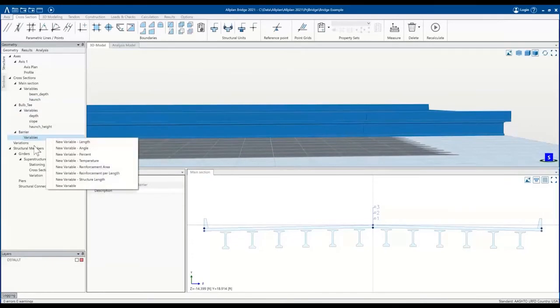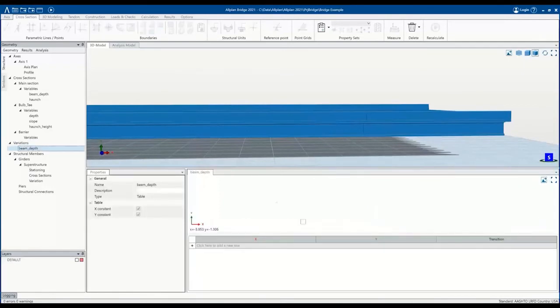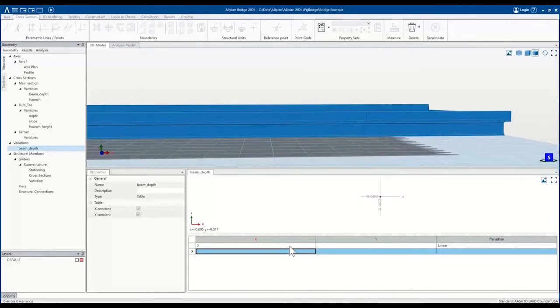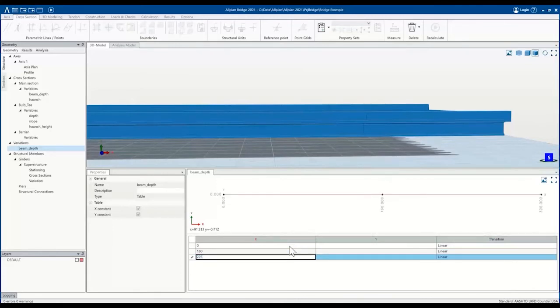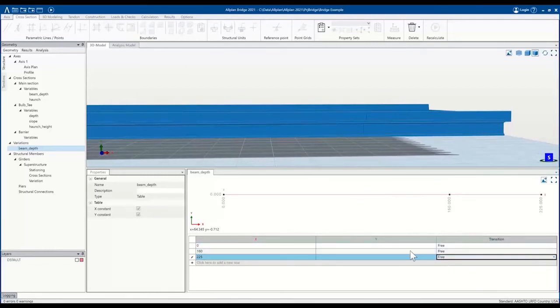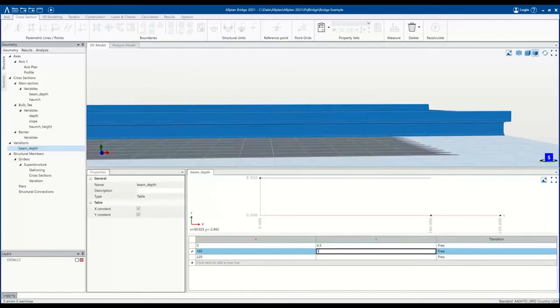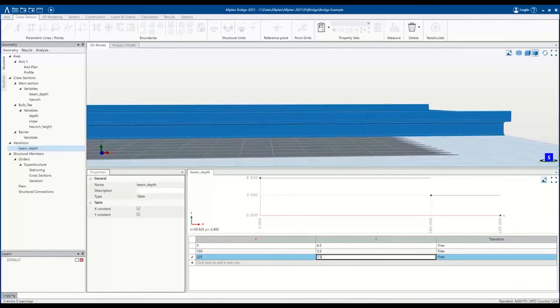So within ALLPLAN, you have the options to create either a formula that could act as a variation or a table. So we'll go ahead and create a table for beam depth. And the way these variation tables work is you have an X and Y. X is usually the stationing. So we have stations at 0, 160, 225. And then we want these to be free. And then the beginning span is going to be 6.5. And then we have it change to 3.5. And you could see that it gives us a graphical